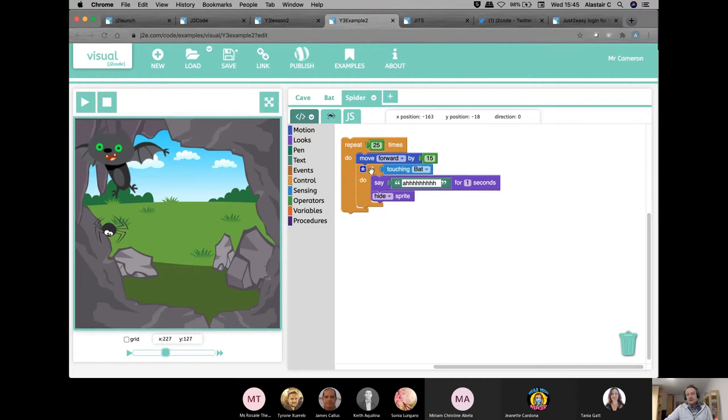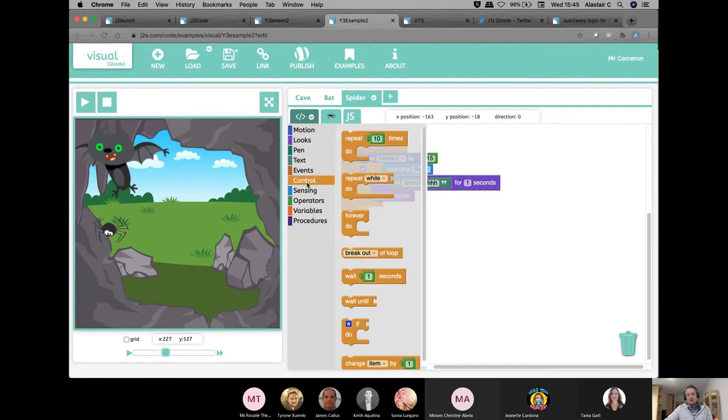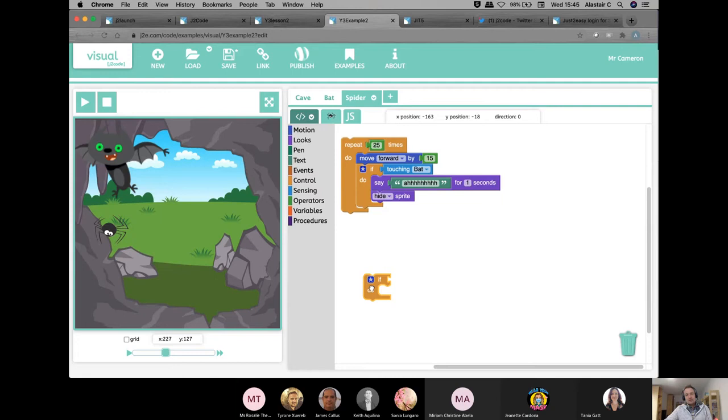If I click on this if command, because this is one of the orange control commands, which is this one here, if I put the if control on the page, you'll also see that there is an additional functionality choice here when you click on the little star button. The star button allows you to add else if and also just else. But if we want to, in this case, just leave it as if, we just leave it as if. And we just close the asterisk down.